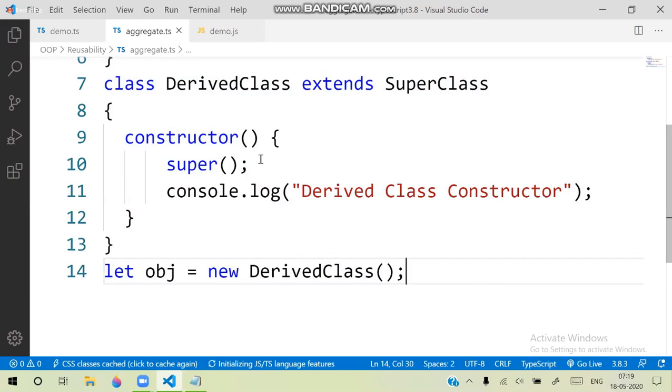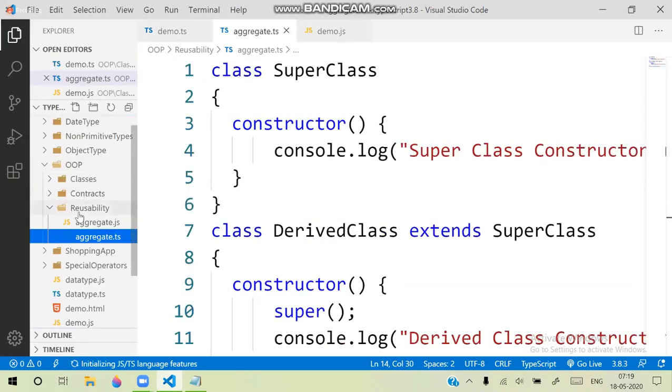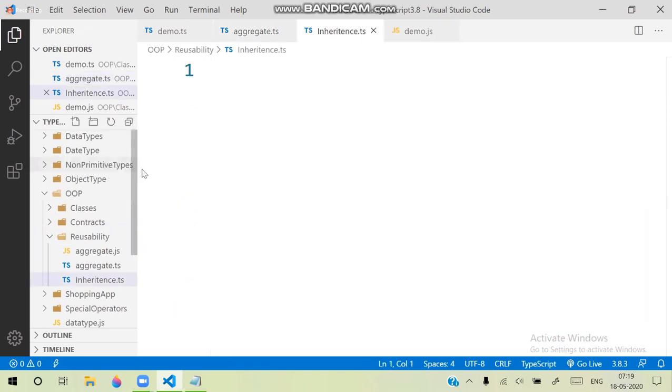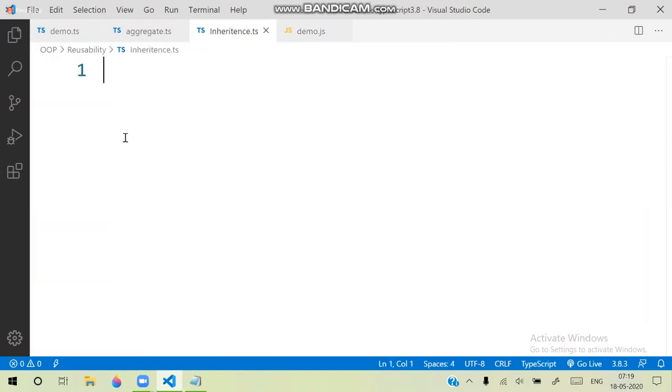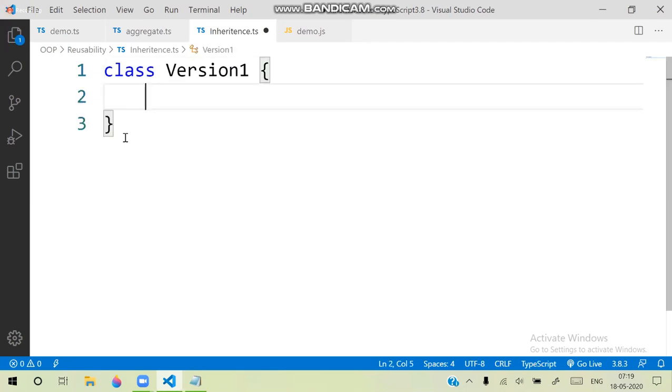So let's take an example here. I'm creating a new file, inheritance.ts. Here we are creating a class, and this is some class, version 1.